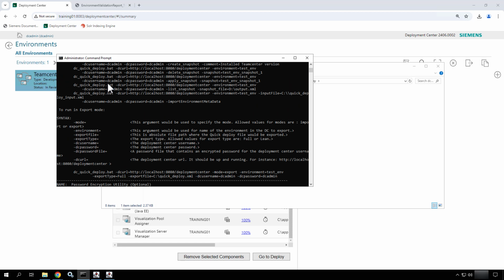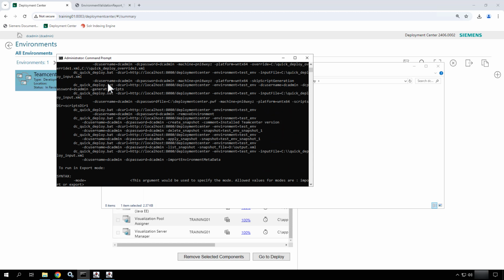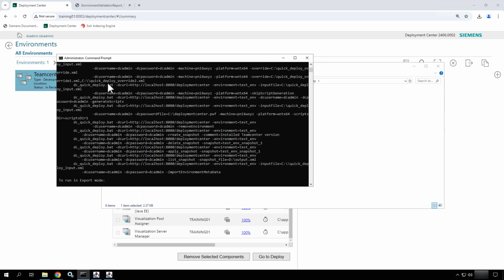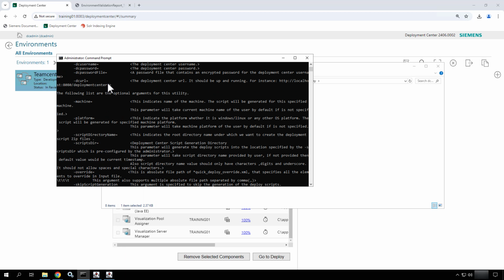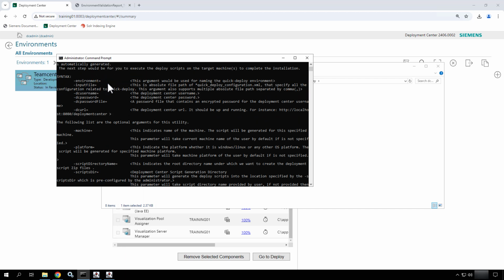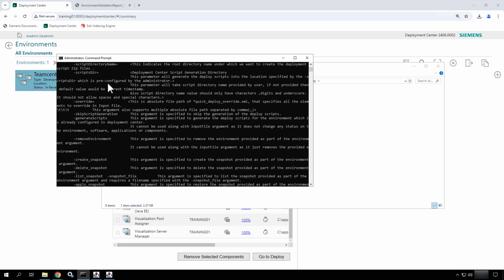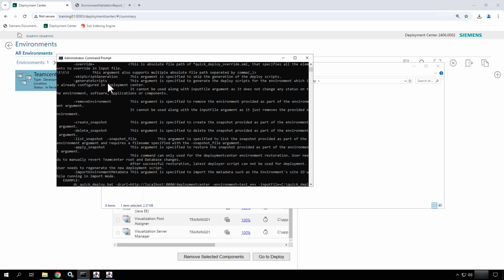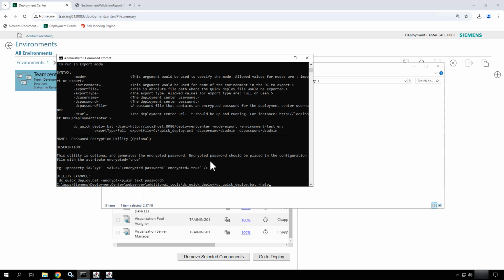So snapshots, if you come up a little bit in the output here, the output is a little bit robust here. So I just want to scroll down to it. You can see there's an argument for creating a snapshot. So if I do -create snapshot,